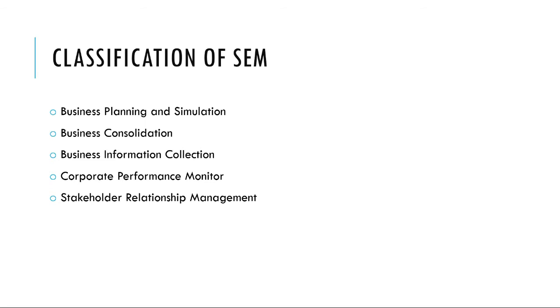Corporate performance monitor, as the term suggests, is about monitoring the performance of a corporate solution. The best practice under the corporate performance monitor is using a feedback form from the business execution system to measure the performance level. Stakeholder relationship management. Success of a project lies in strong and clear interaction between all the stakeholders. The SAP strategic enterprise management system enables managing a unified interacting system where every stakeholder group participates and is aware of movements within the organization.